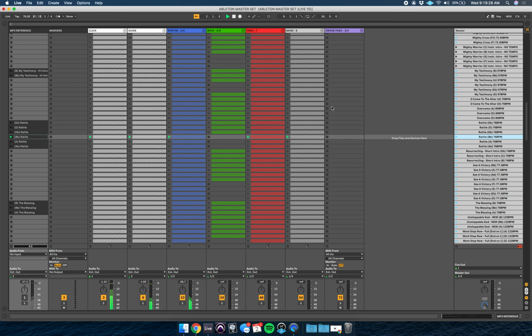Rattle. 3, 4. Let's not do that key. Let's do Rattle. 3, 4. So let's say your worship leader is confused on how to come into the verse. So this right here, if you hit solo right here,